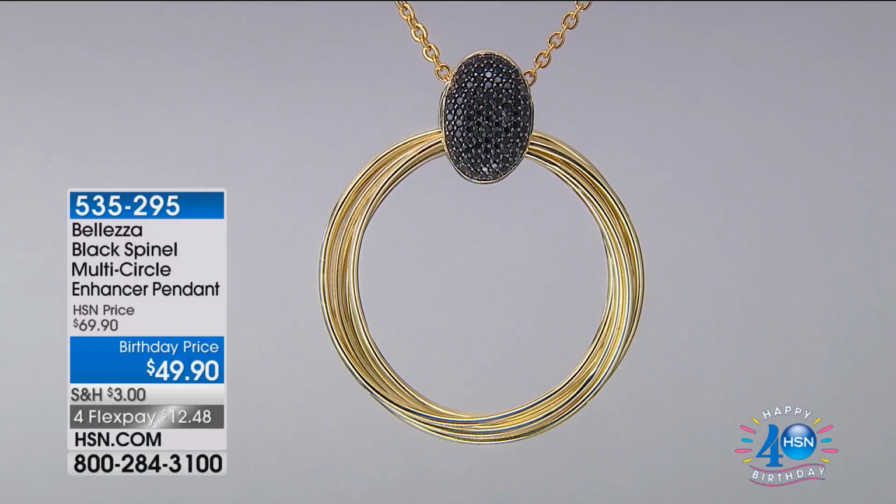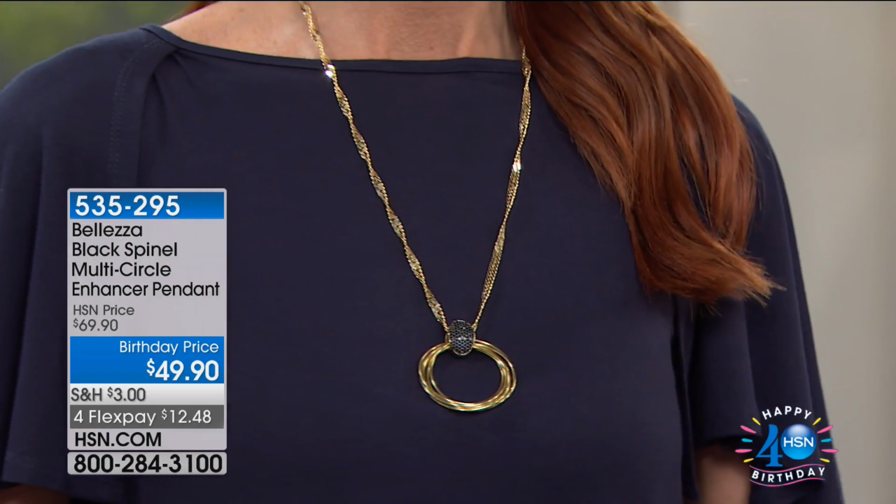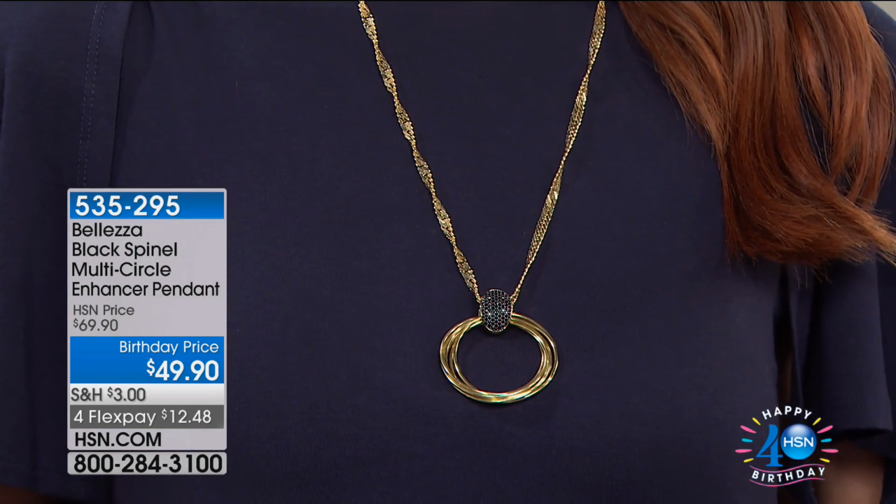Okay, you know what? Last call on this one as well. You've got it if you're on board, $20 off our price, and that of course is in honor of our big